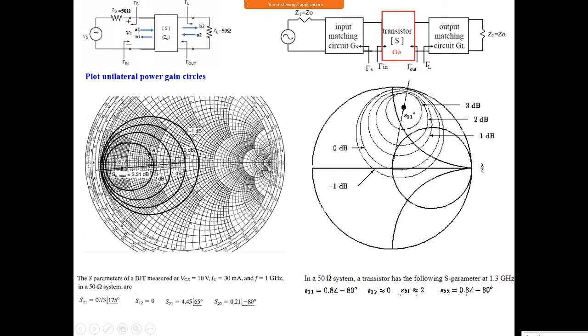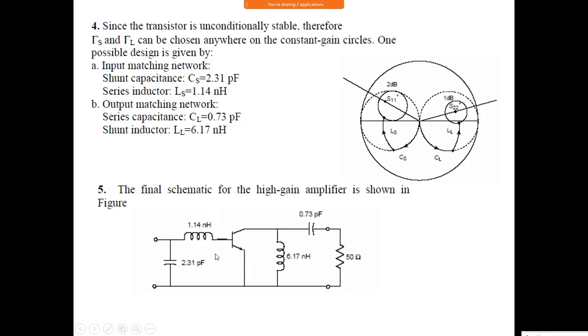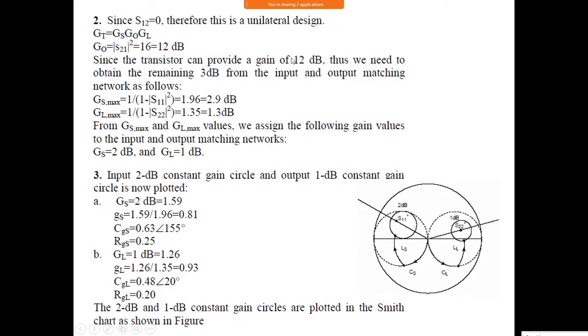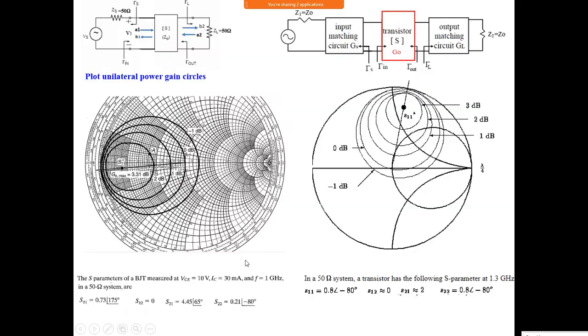What I am doing is I am taking one value, and this is a point. Any value you can take over the circle to get a 2 dB. This is for some different problem. Do not confuse it with the problem I have here. This is some other example. So for these values, the 2 dB gain circle is like this.